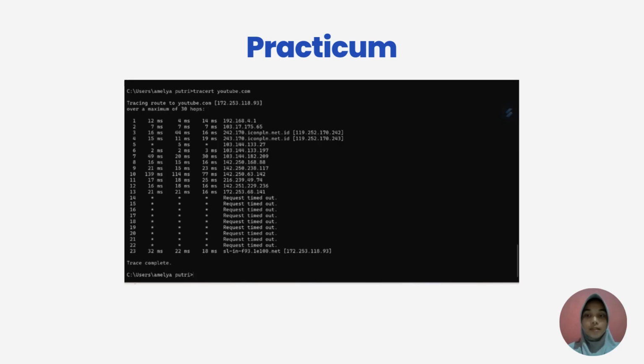The last step is to trace the route to the destination DNS, namely youtube.com, in the picture above. The traceroute result from YouTube shows where I can trace the route from the server to YouTube, but there are several networks that do not respond or time out requests.